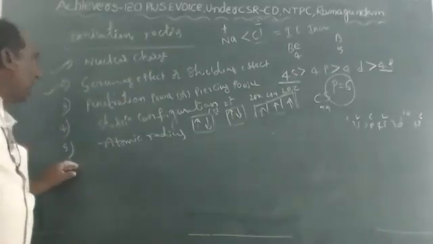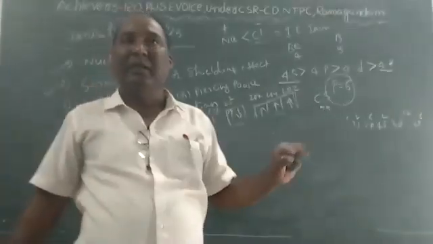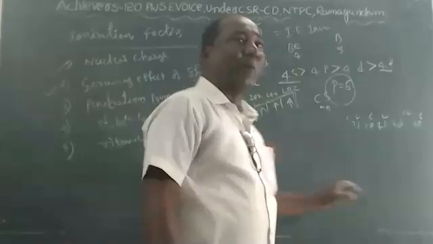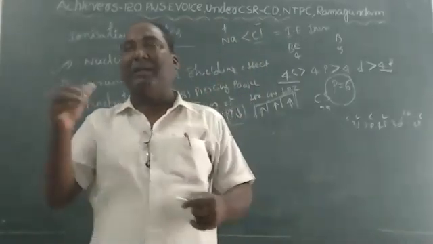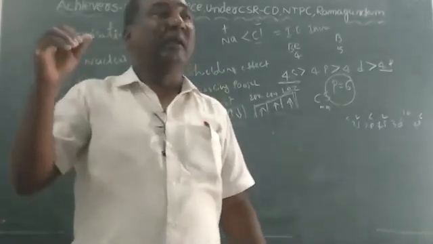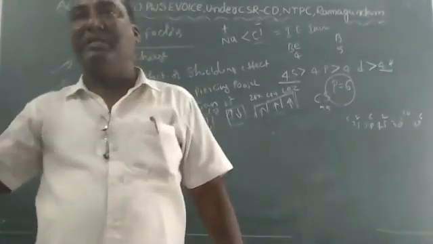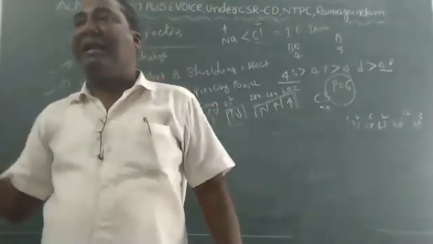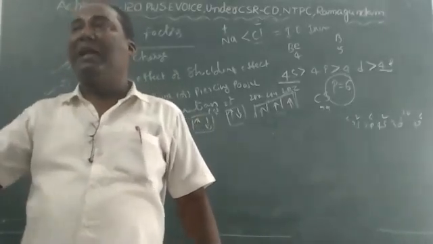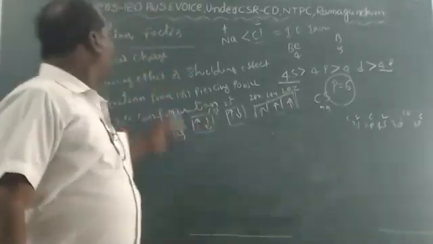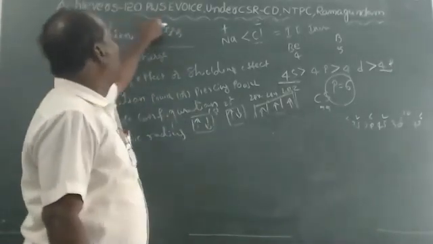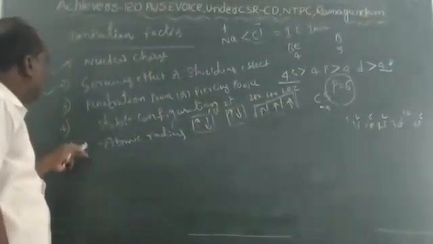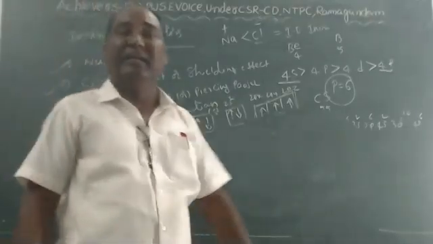So our 7th chapter ends, children. Here is one more important announcement for you, children. The main important points in the 7th lesson to keep in mind: first, Dobereiner's law and limitations, Newlands' octave theory and limitations, Mendeleev's periodic table and limitations, the modern periodic table, and coming to the ionization factors, very important. It will come for a 4 marks question. The factors are also very important, and how they influence ionization energy is very important.